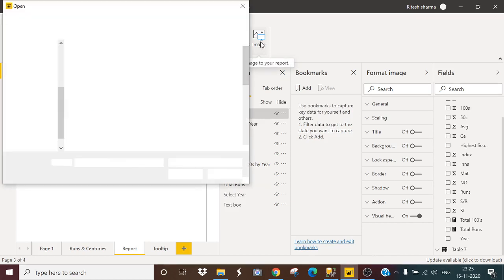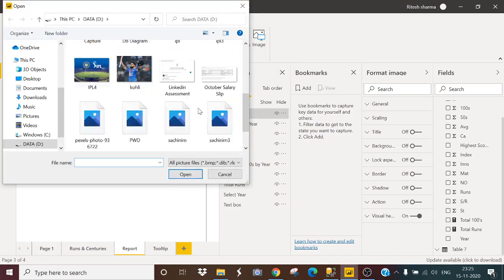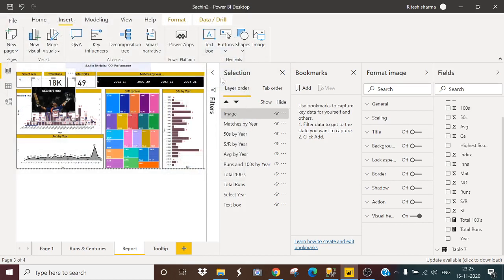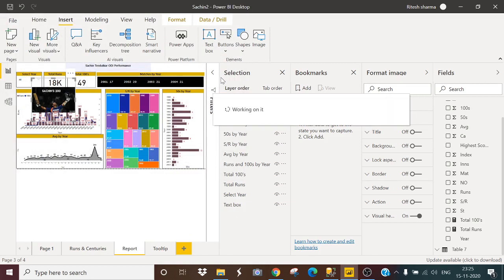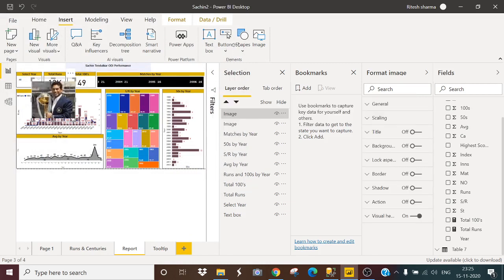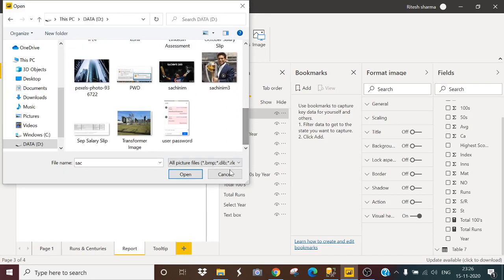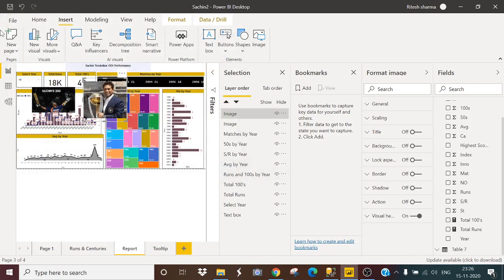Another image I will take as this one. Just drag it here. Meanwhile, I am reflecting these two images.